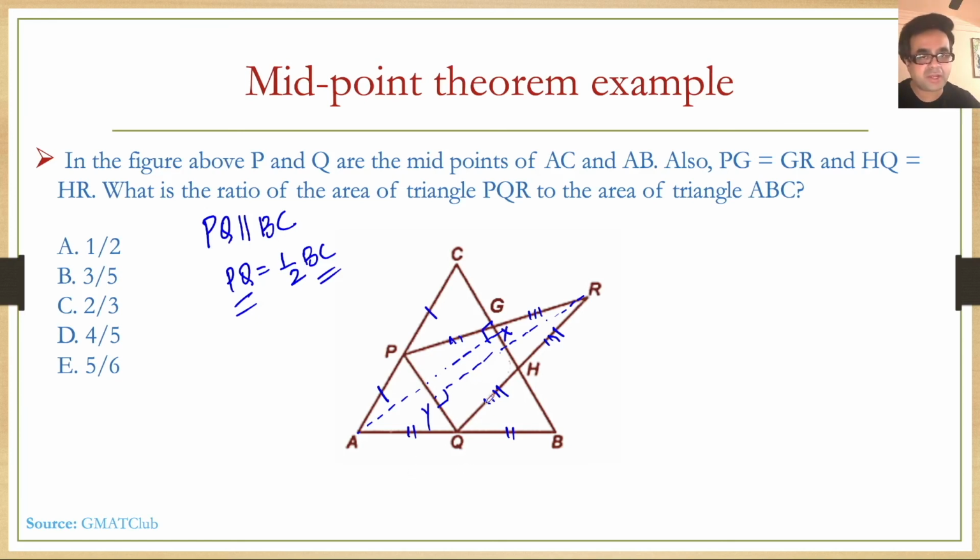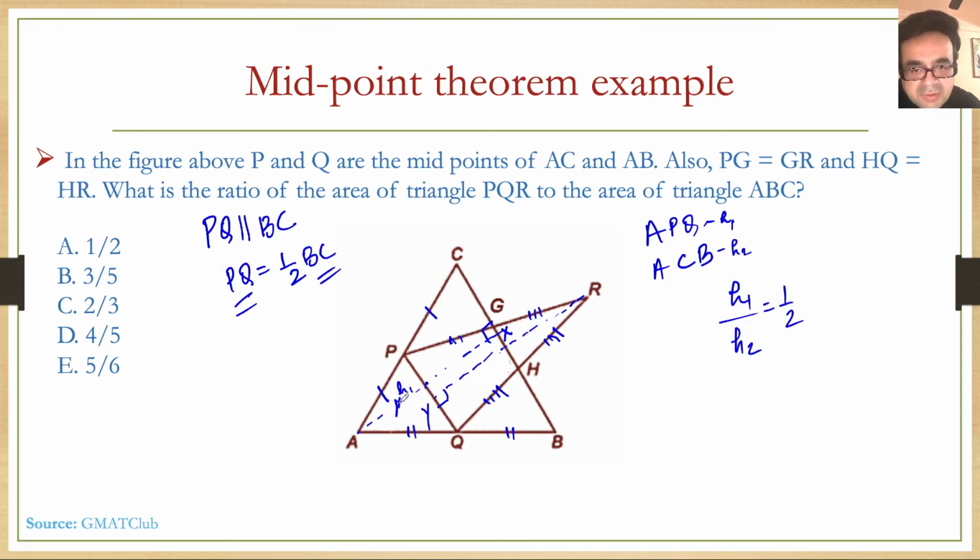Now let's take two triangles, the triangles APQ and triangle ACB. What do we know? We know that AP by AC equals AQ by AB, which is half. We also have angle A common. So by SAS property, these two triangles are similar. When the triangles are similar, the height of this triangle would also be in the same ratio. So the height of this triangle, let's say H1, and the height of triangle ABC, let's say H2, H1 divided by H2 would also be 1 by 2, which means this line right here would be equal